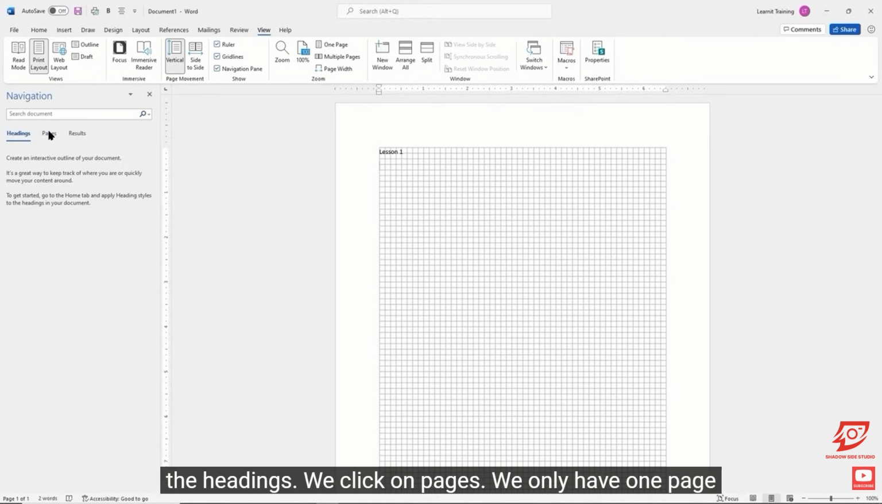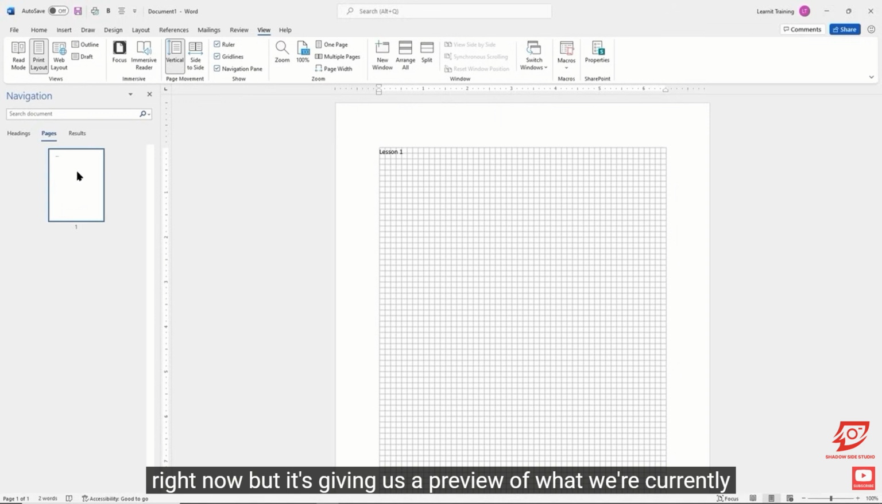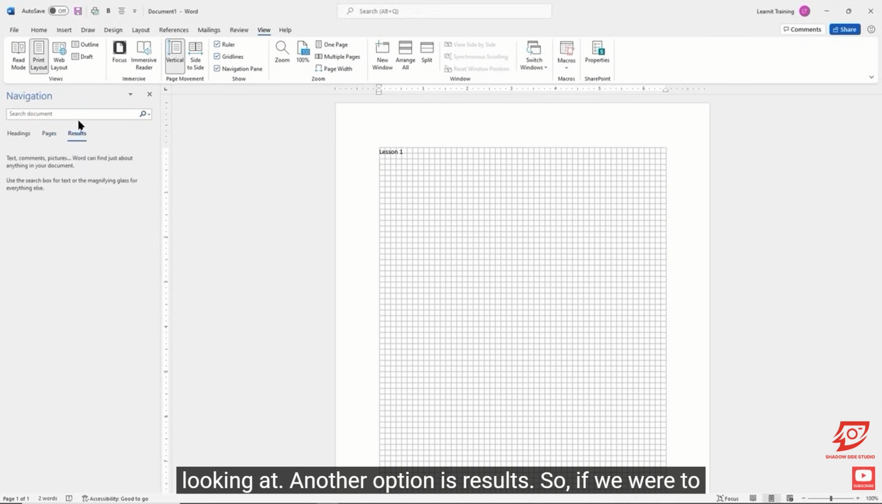If we click on pages, we only have one page right now, but it's giving us a preview of what we're currently looking at. Another option is results. So if we were to type, we can search through our document. We can search for a phrase or a keyword. So if I were to go ahead and type lesson here,